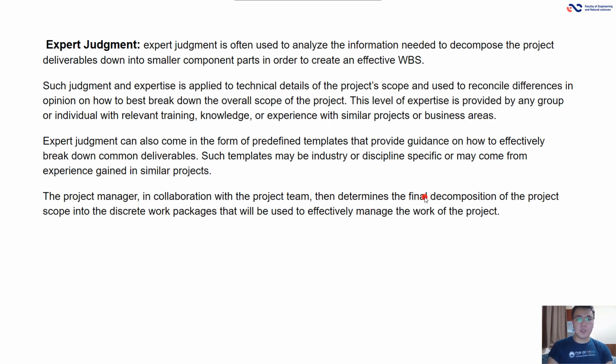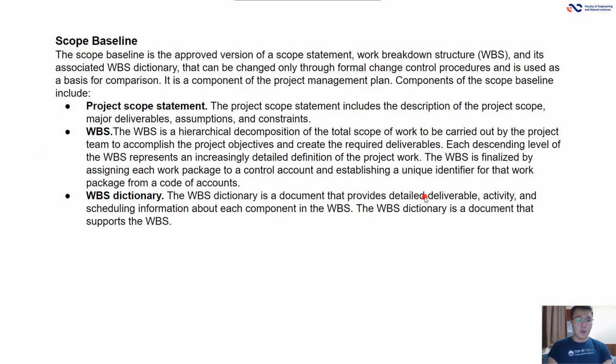Expert judgment. Expert judgment is often used to analyze the information needed to decompose project deliverables down into smaller component parts in order to create an effective WBS. Expert judgment can also come in the form of predefined templates that provide guidelines on how to effectively break down common deliverables. Such templates may be industry or discipline specific or may come from experience gained in similar projects. Scope baseline. Scope baseline is the approved version of the scope statement and